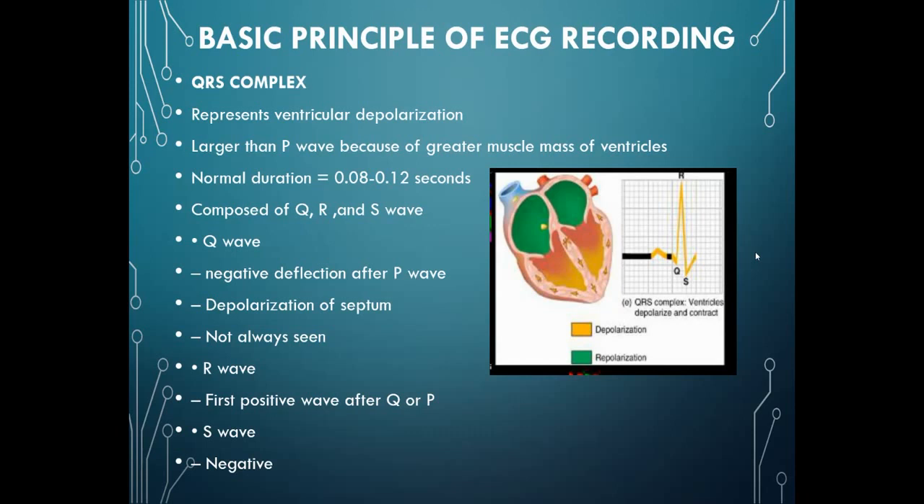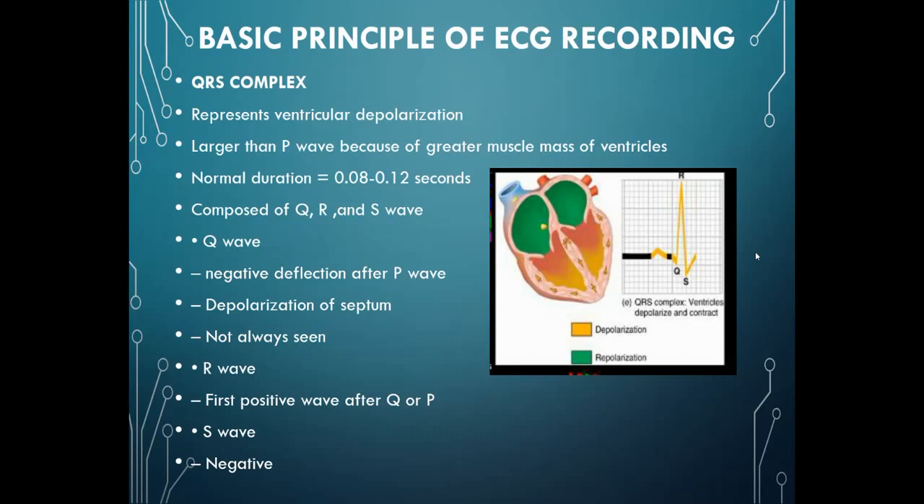This is the area where you can see the ventricular depolarization. Again, this is ventricular depolarization, which means the wave will again deflect upwards. This is a larger wave than the P wave, because the ventricles have more muscular mass. The normal duration ranges from about 0.08 to 0.12 seconds, and it includes three waves, that is the Q, R, and S waves. So the Q wave